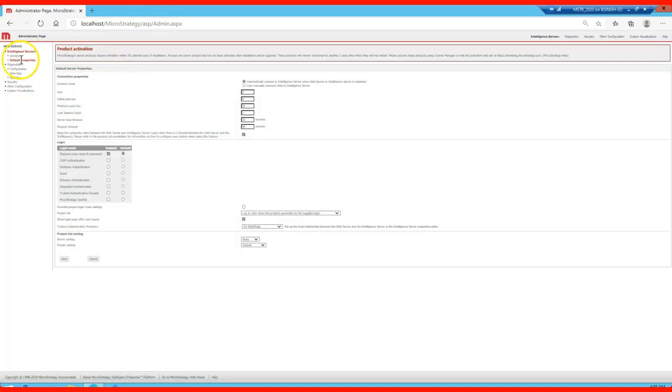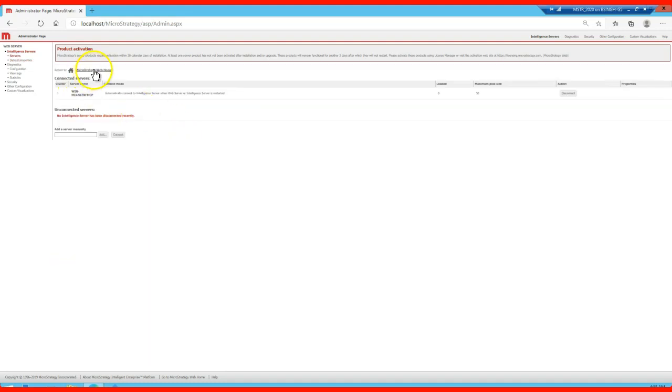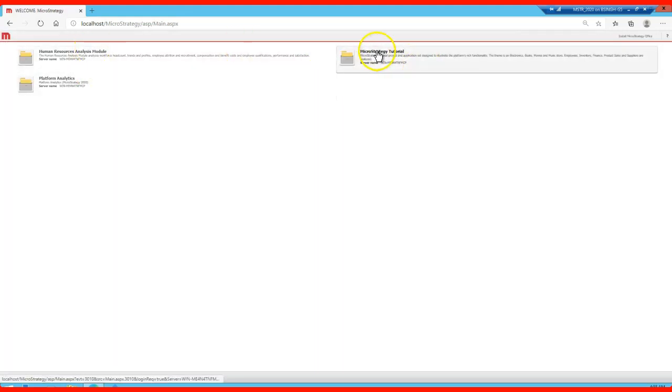So you just need to come here into the default properties. For all the projects connected to the web server, there is a setting for before the user logs in or after the user logs in. Whatever setting you want to keep as per your requirements or your security policies, you can do it. Okay, so this is how you can configure your system. I'm changing it back again. You can see it again, so based on that you can configure, and you can log into the particular project source. If you can see all of them, you can log into any one of them, if you have the authentication, the username and the password.